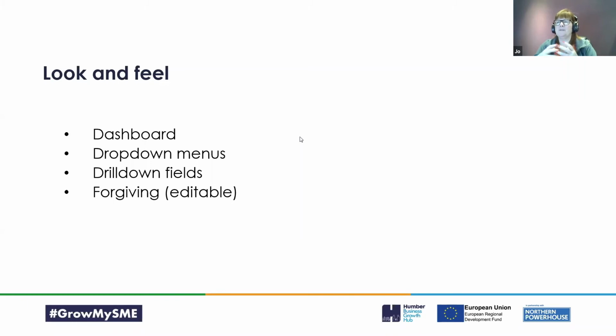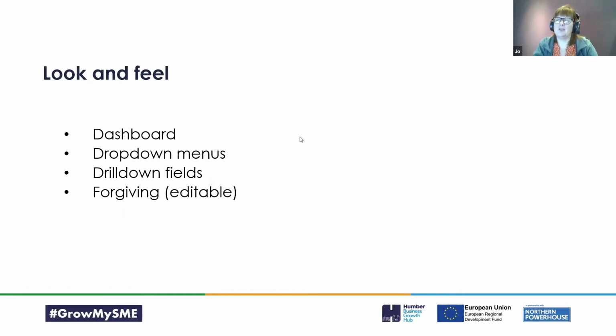It will typically have drop-down menus so that it's intuitive and easy for you to use, and drill into fields. So when you're looking at a summary or a report, if there's something in there and you're wondering what's happening with that particular number in that particular field, you can drill into it and go into the transactions that make that up, and then drill further into that and see the source document that goes behind that field. So that is something that I find really, really useful.